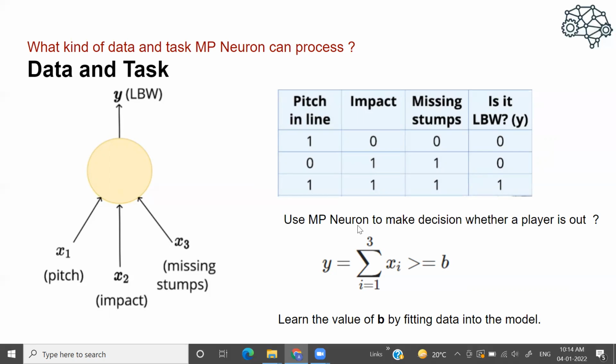You must have seen cricket sometime in the past, and there are situations where an umpire declares a batsman out, right? LBW out. So how does an umpire decide whether the batsman is out or not? He considers certain factors. He'll check if the ball is pitched in line or not. If it is in line, then we represent it as one. If the impact is there or not, yes. If it is yes, then he goes to the other criterion, checking whether it is missing the stumps or not. If it is not missing, let's say that it is a one.